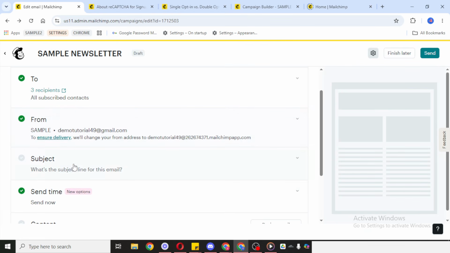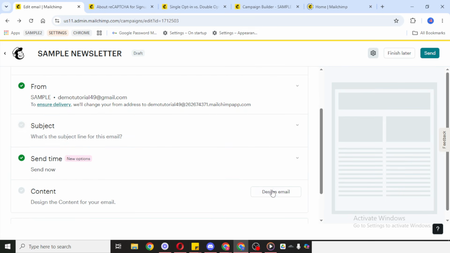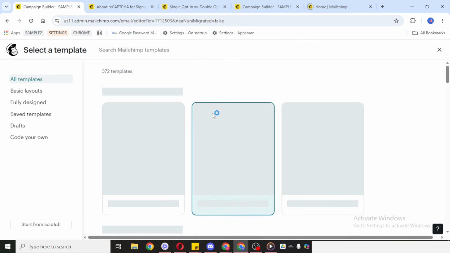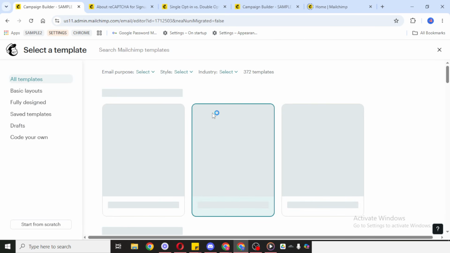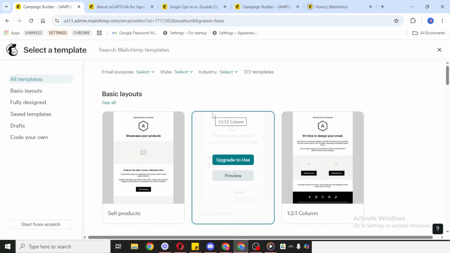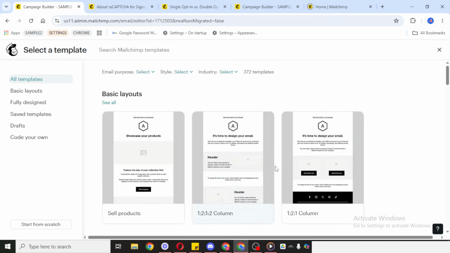After selecting your template, feel free to customize it. You can adjust the text, images, colors, and layout to match your brand or your message. Keep your design simple, readable, and visually balanced so your audience can easily follow along. And that's the basic process for creating a MailChimp newsletter. Once everything looks the way you want, you'll be ready to review it and continue with your campaign setup.